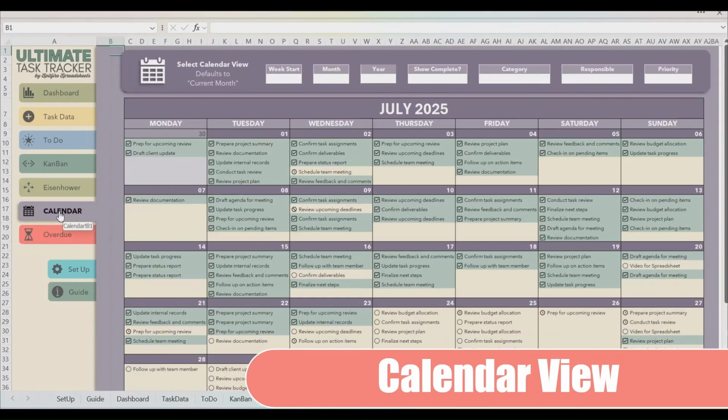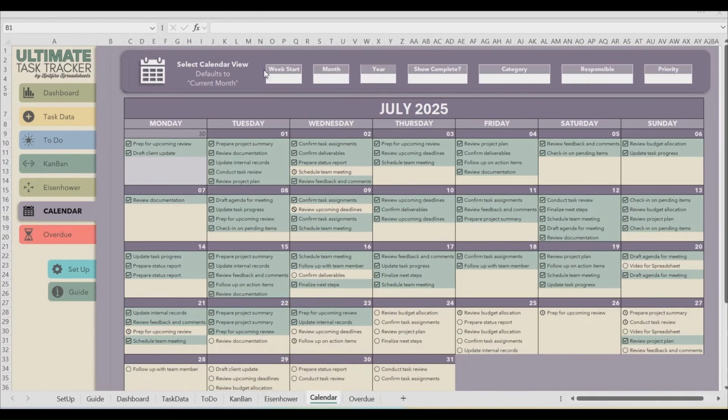Next is the calendar view. And to be honest, this is my favorite view, not because of how it's designed, but just how simple and informative it can be for your daily life. As mentioned previously, it is formatted so that it automatically opens to the current month and year, but you can change that no problem in the taskbar up here. It is also organized so that it'll show Monday automatically, but if you prefer Sunday start, you can switch that